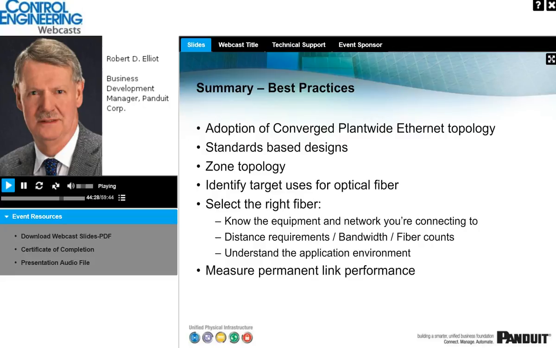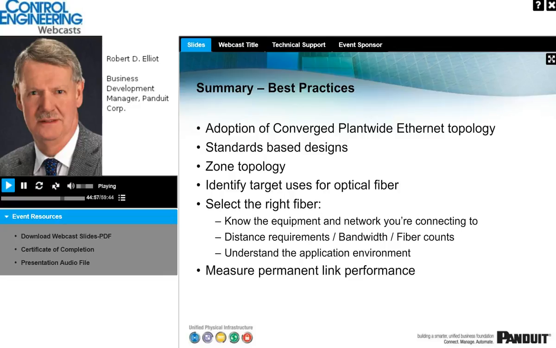So summing this up, as we step through this presentation, we can look at the best practices that have really been outlined here. The starting point, I always think, is the adoption and the use of the converged plant-wide Ethernet topology. Focus the designs on standards. I talked about the TIA, of course, but in other parts of the world,